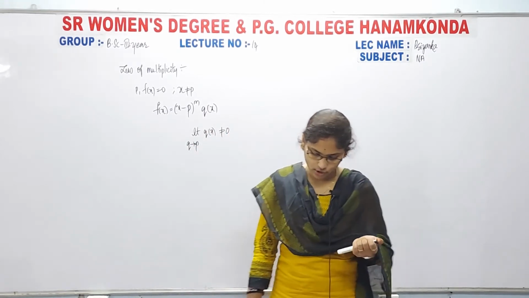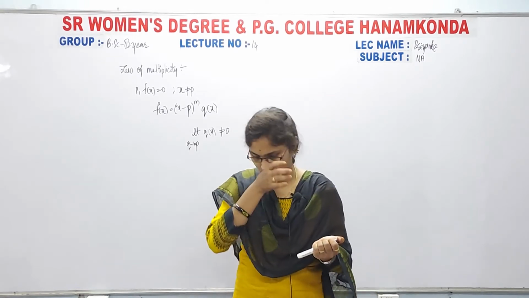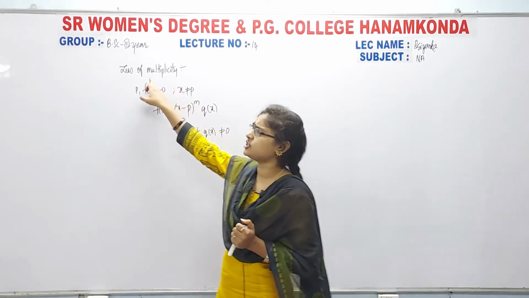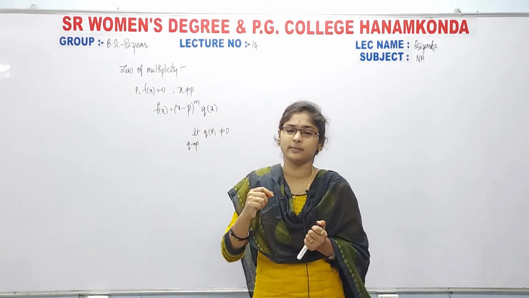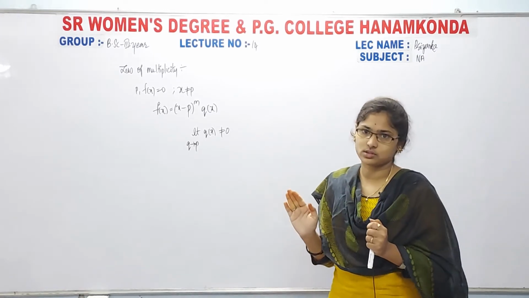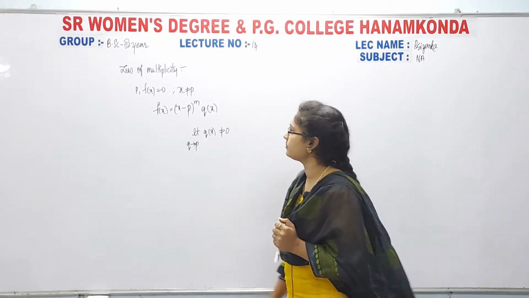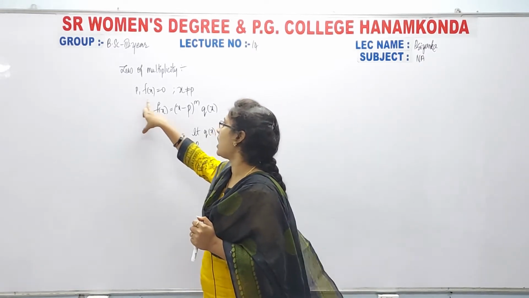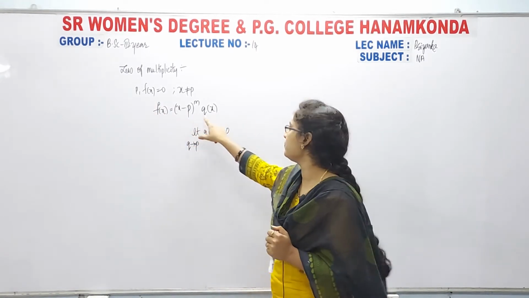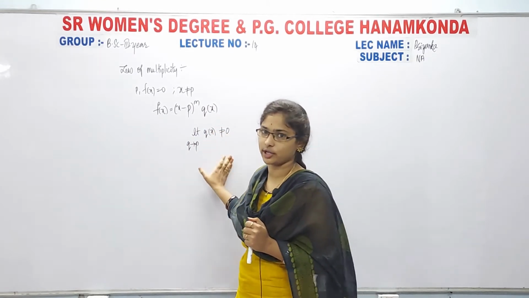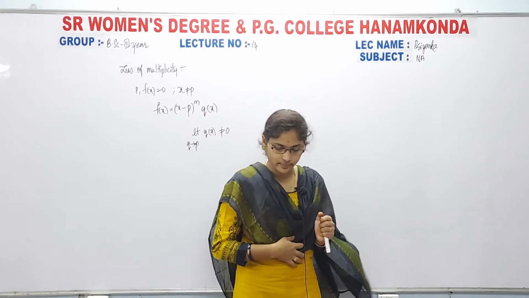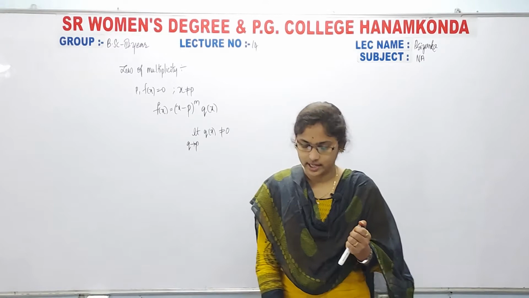Okay, so now this is nothing but the definition. So here what you have to observe is the definition of zero of multiplicity. Zero of multiplicity means roots. So we have to find the multiplicity of the roots. For this one, directly I am taking that p is a solution and f of x is a function, then f of x is equal to (x minus p) whole to the power of m into q of x, where q of x is not equal to 0, and this m is called the multiplicity. Remember that one, okay?